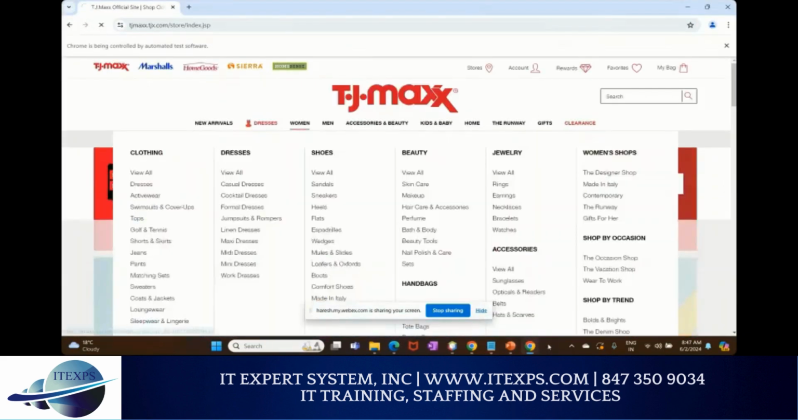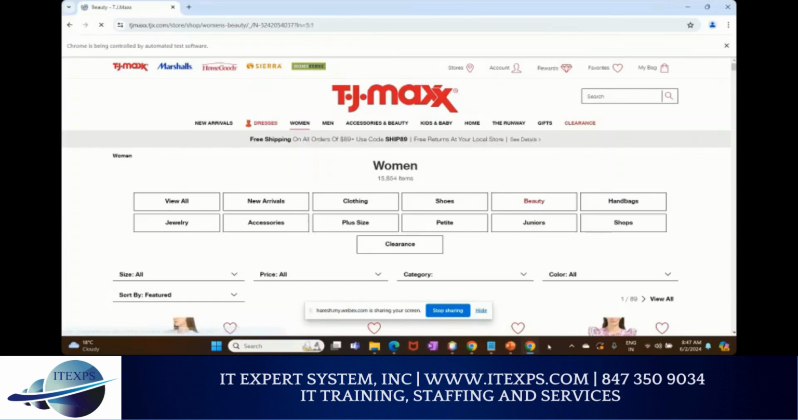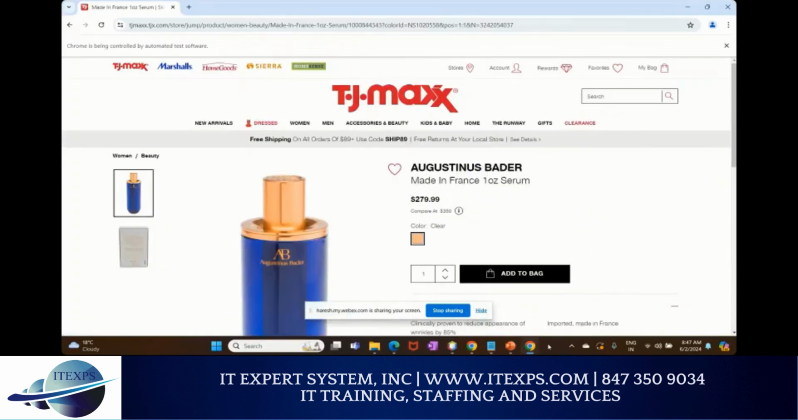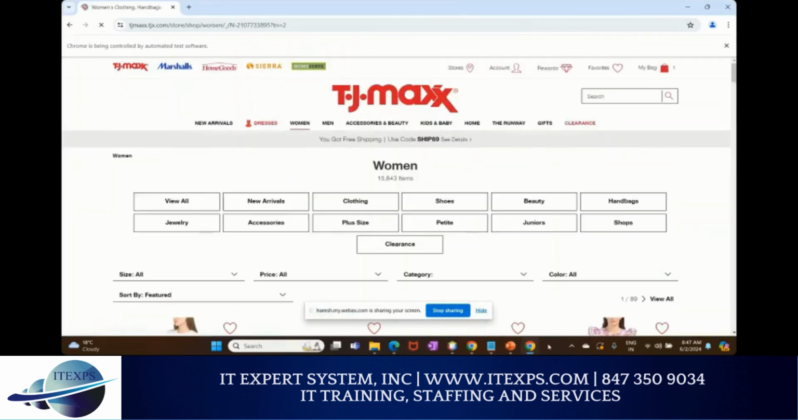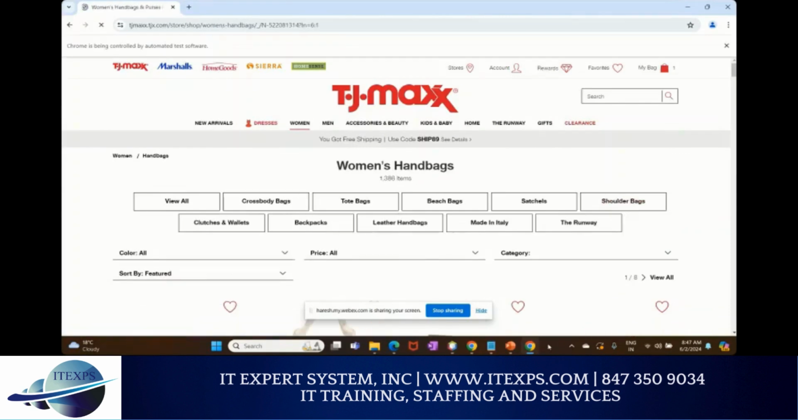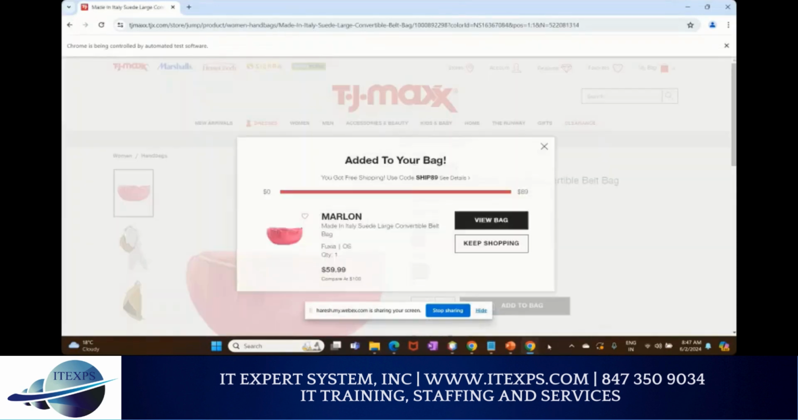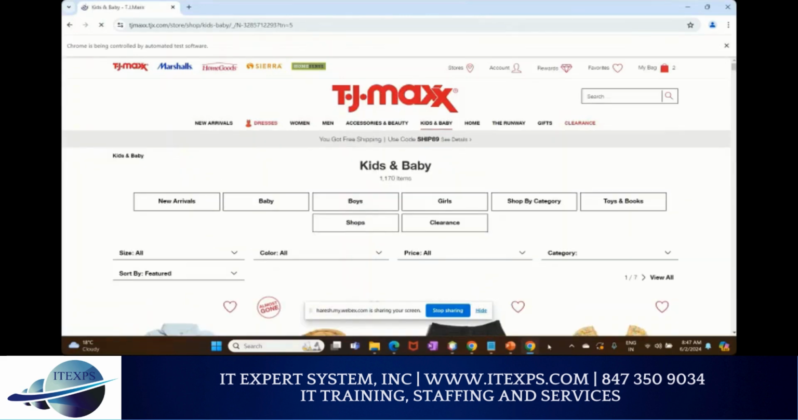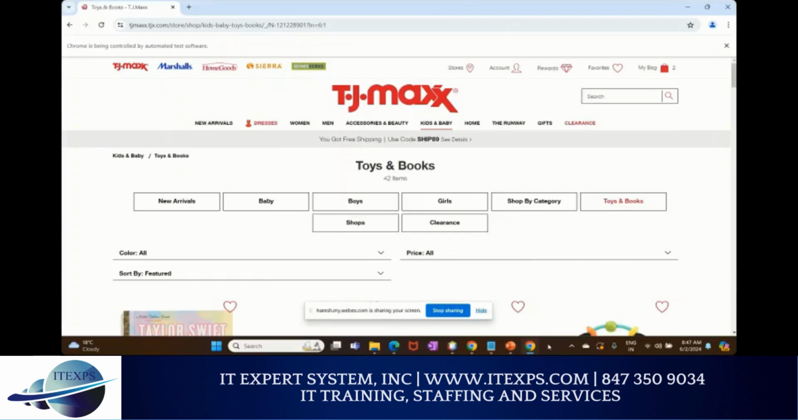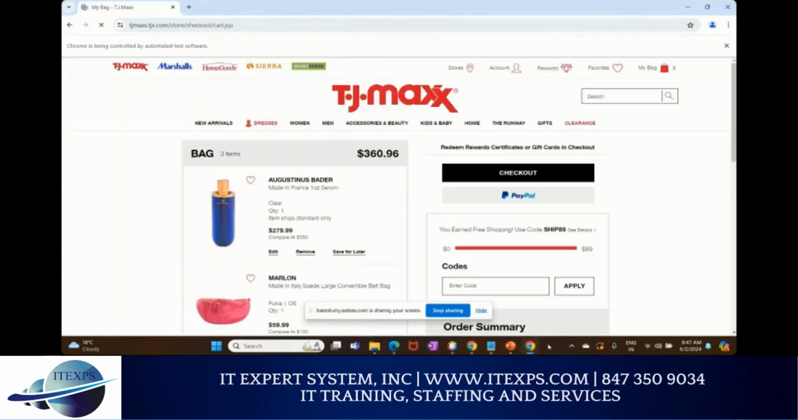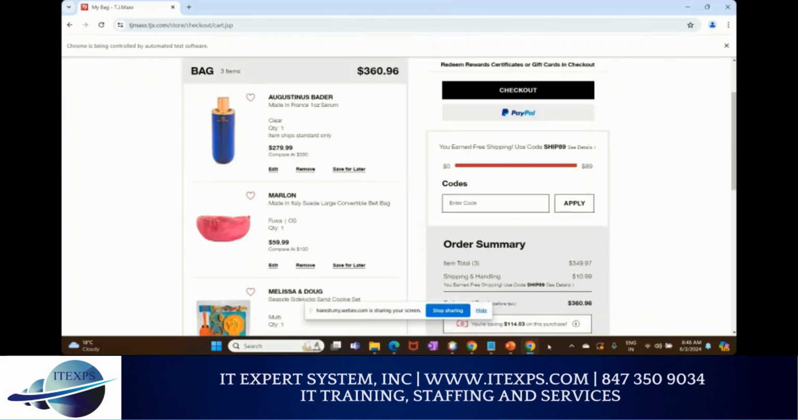Then this is the search product by category. So it's searching for serum. Then the second is belt bag, and the third product is for the kids category. This is a toy. We have added here. Then fourth